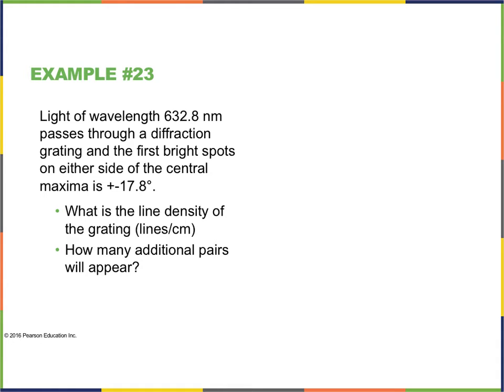The angle where the maximum is found is 17.8 degrees, and that corresponds to m equals 1. We know that our wavelength is 632.8 nanometers. So using our condition for constructive interference, this allows us to figure out d,